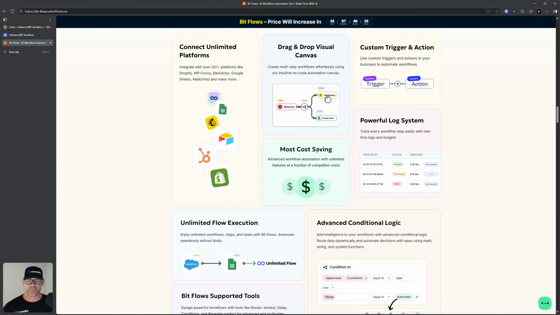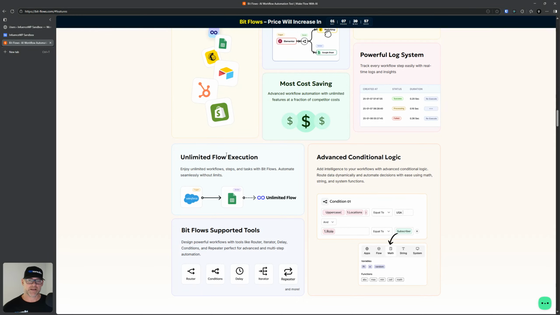Cost savings. That again, compared to a Zapier. You're going to save money using a solution like this rather than paying those monthly or yearly, however it is that they bill, fees. A powerful logging system, unlimited flow execution,